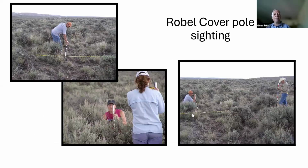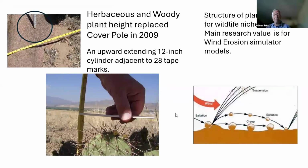So there's the Robel pole. You offset it from the line a certain distance, and then using the same height of pole, you look at the object pole with the bands and describe which ones are obscured by vegetation. This didn't work very well in shrublands because you can get a shrub right in front of you and obscure everything. So that's why it went to plant height, where you have a 12-inch cylinder to the side of the